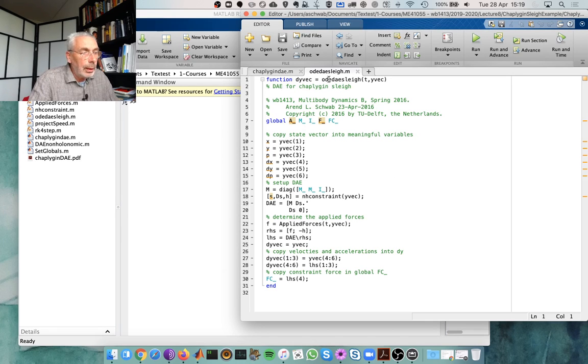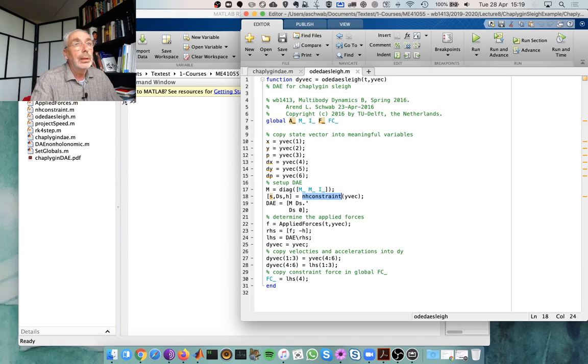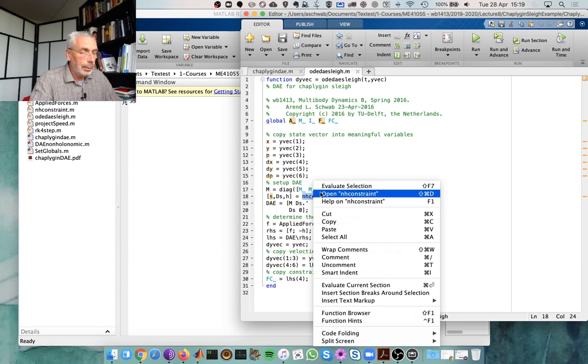It's the ODE DAE. It's a mixture of the Zeppelin sled. I use global variables. You should never do that, but for now it was quick and dirty. I have position, I have velocity, I have a mass matrix, I have my non-holonomic constraint, so we have to open that up, right? I can do that, yeah,